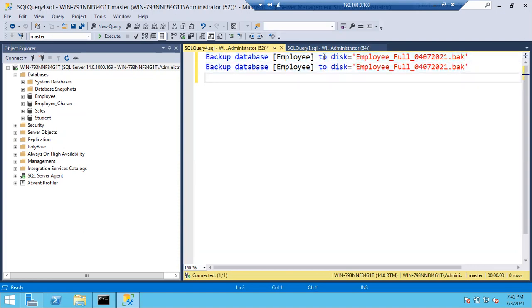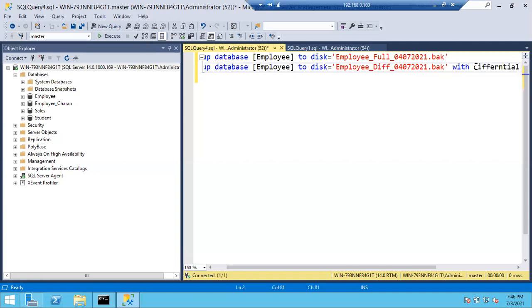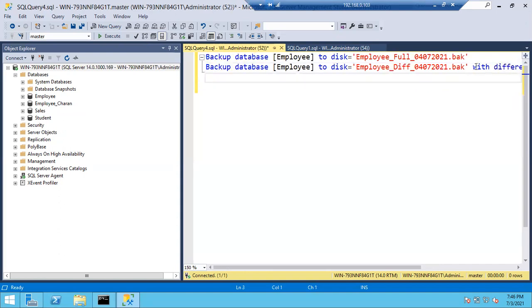Then paste it again for the differential backup, with differential. So this is the differential backup and this is the log backup.